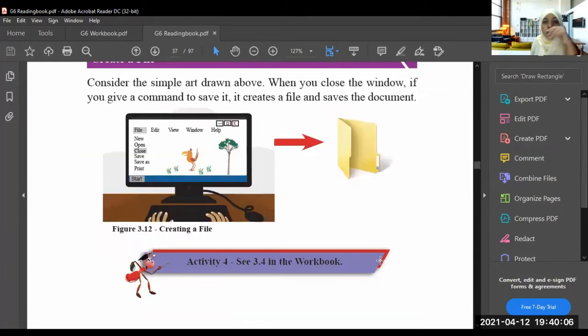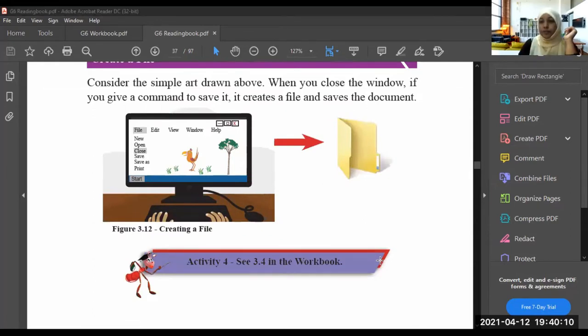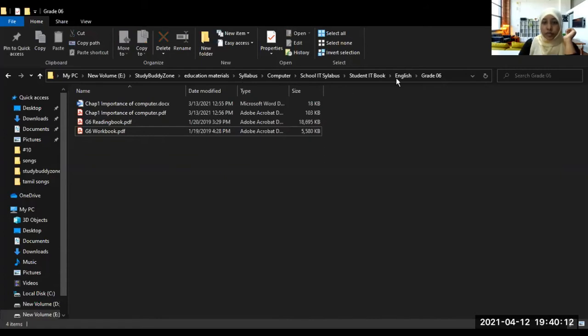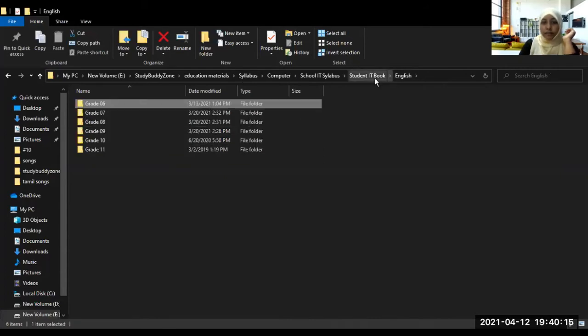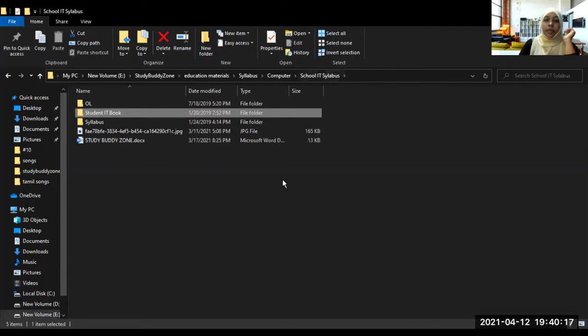Okay, for an example, in this, okay, I told you last week, these yellow color ones are folders. Yellow color ones are the folders.